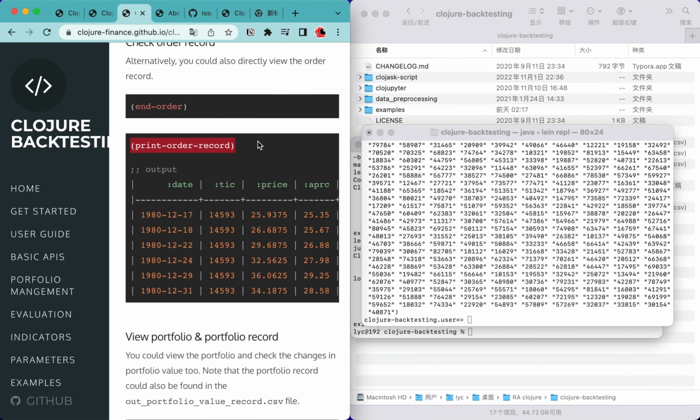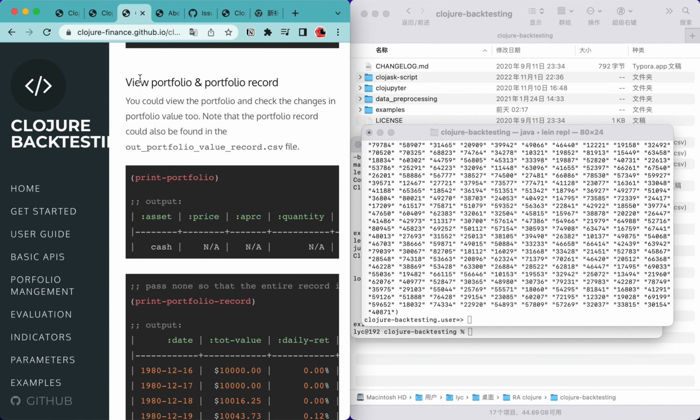And you can do some evaluation tasks. For example, print all order record. Here, without any argument, you will print all the records. If you input a positive number, it will return the first n lines of the order record. Also, you can view portfolio and portfolio records